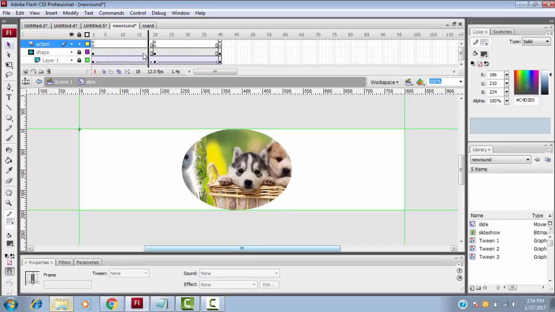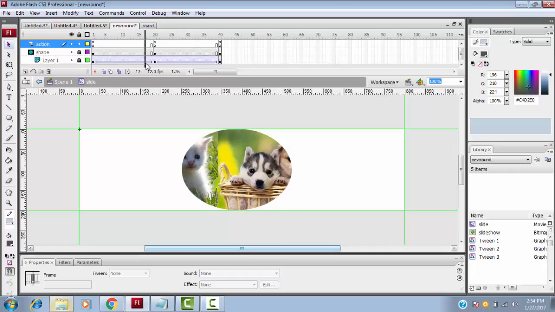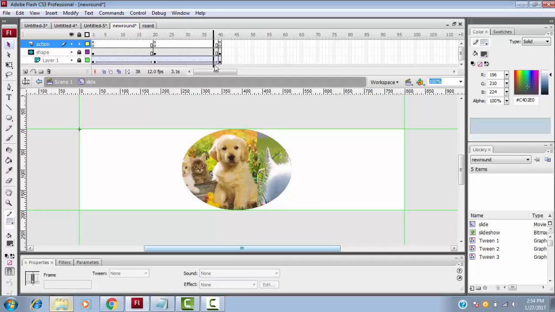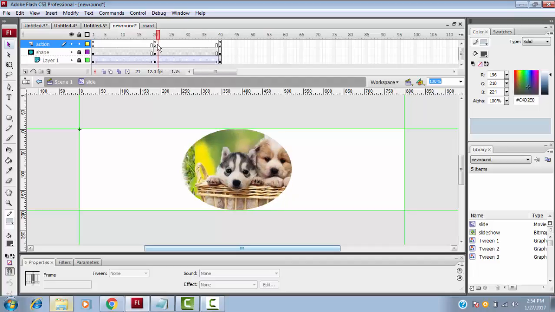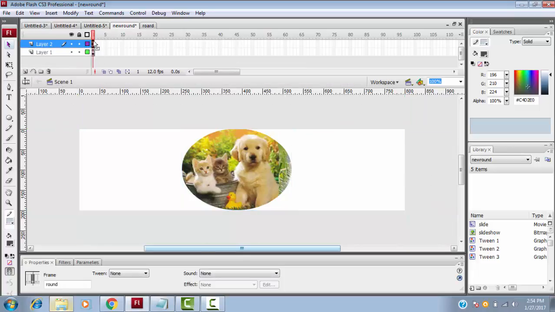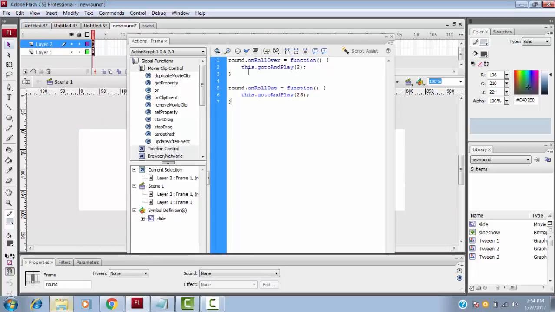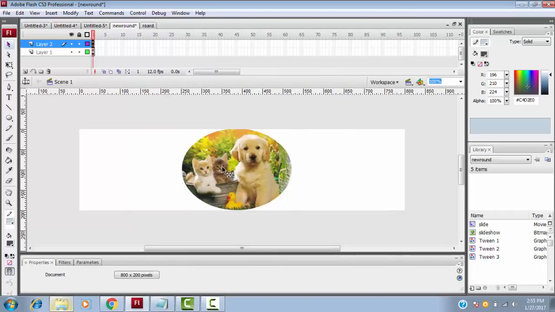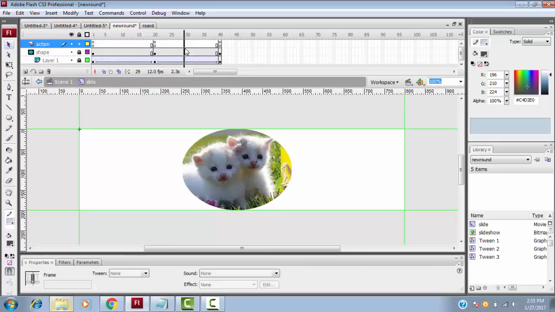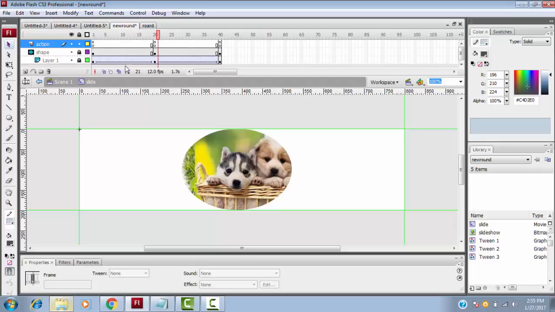Here this will go back. Once you roll over, it comes like this. Roll over will work, roll out will work. This one is starting from 21, this one is starting from 2. So I give the action script here, right click and action script. I use gotoAndPlay 2 for roll over, or roll out 26. Okay, 26 works here. You can give 21 also, it will be possible.